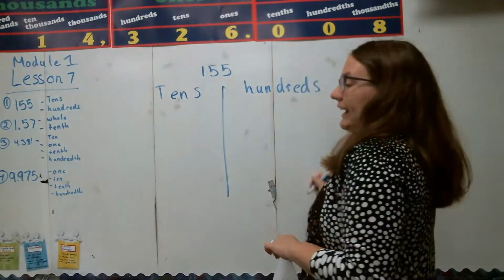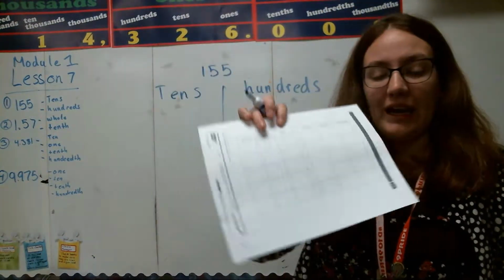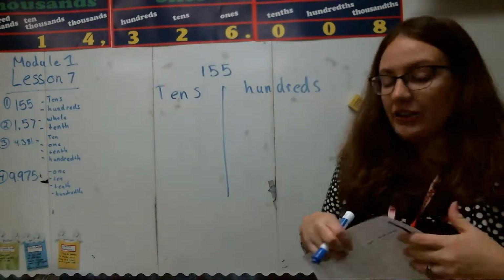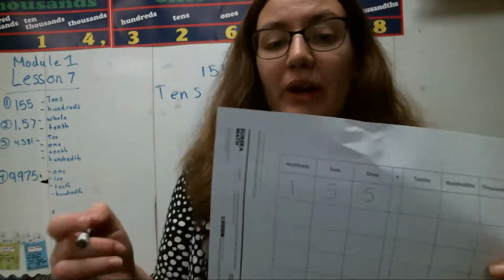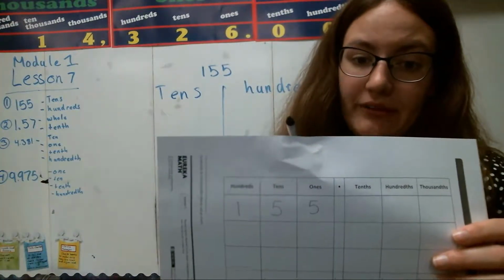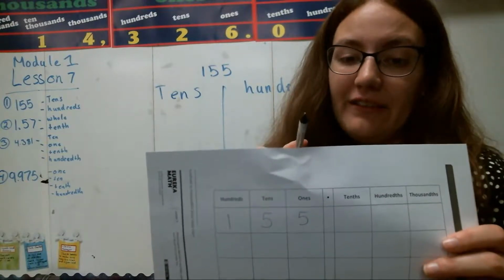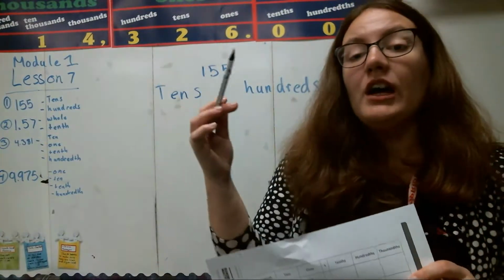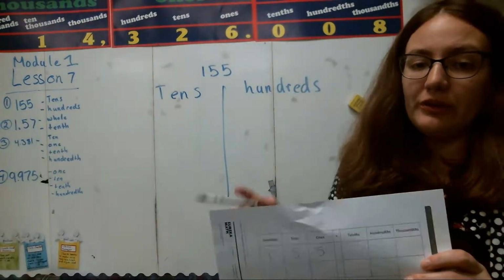So what I am going to do is I'm going to be using this template to help me out with this. And I'm going to show you how to use this template to decompose our numbers. So what I want you to take a look at right now is I have the number 155 written into my template right now. So I have 1 in my hundreds place, 5 in my tens, and then 5 in my ones. Now, to decompose this number, what I'm going to do is I'm going to move numbers over into